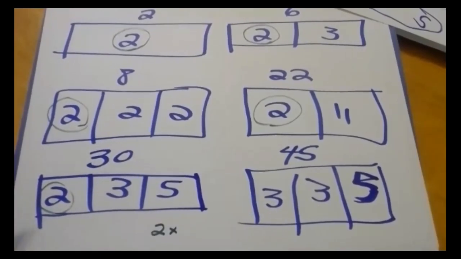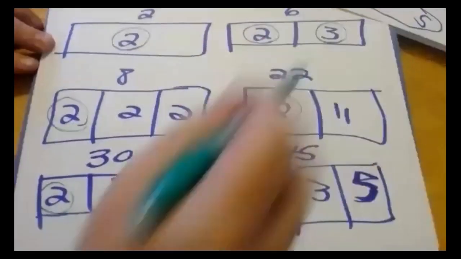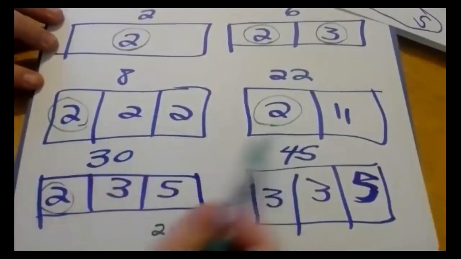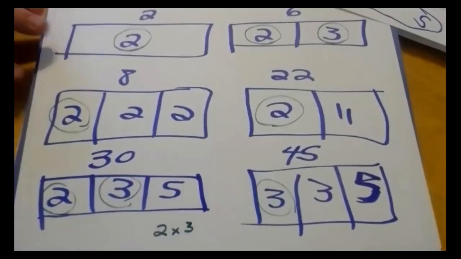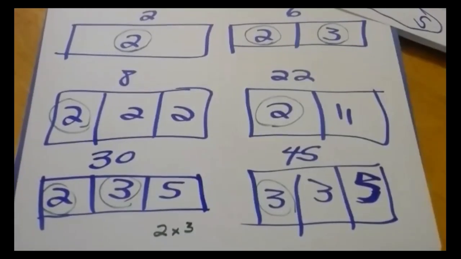Okay, let's go to the next thing, 3. I'm going to use this 3. Can I use 3 in any other number? Here and here. So there's a 3. So take a look and let's pause for a minute. Look at how many numbers are circled and look at how many numbers I've written in the prime factorization so